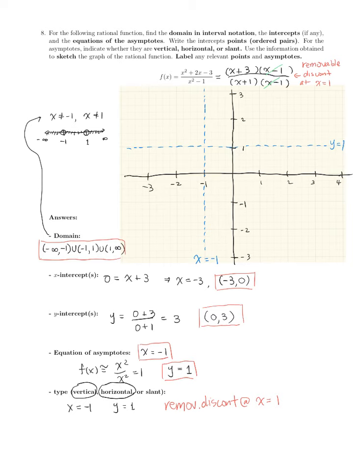Now let's jot down the intercepts. The x-intercept is negative 3, 0, which will be right here. And the y-intercept is 0, 3. And for sure we're going to have a hole at x equals 1. To find the corresponding value when x equals 1, although the function is not defined there, all you have to do is compute it. Removable discontinuity. So let's